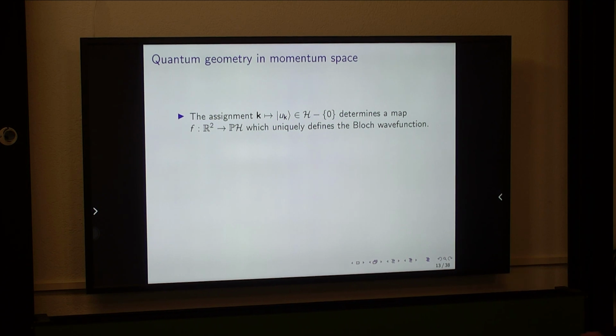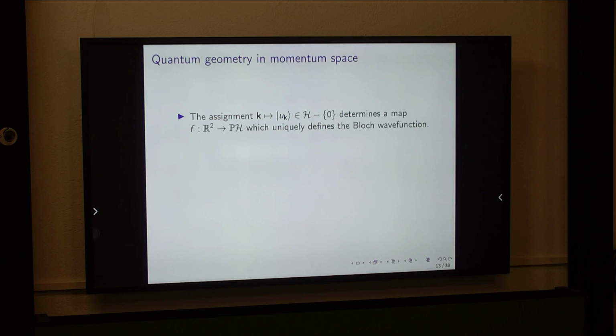So we have this assignment that for each k in R2, I assign U sub k in the Hilbert space minus the origin. And if you take the quotient here by the C star action on H minus the origin, you get a map from R2 to the projectivization of the Hilbert space,